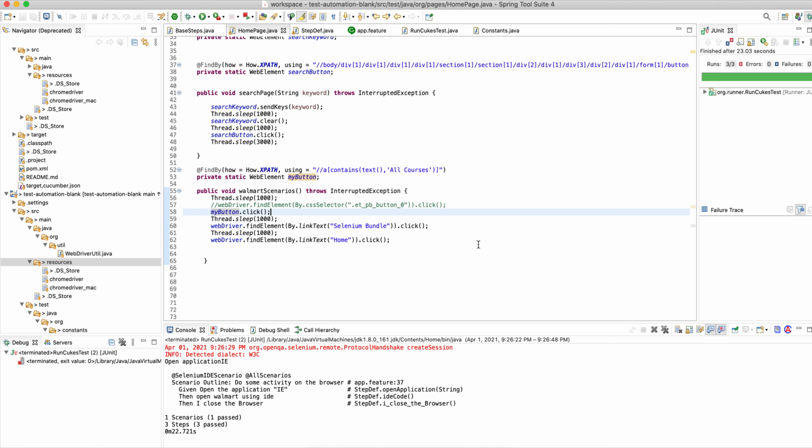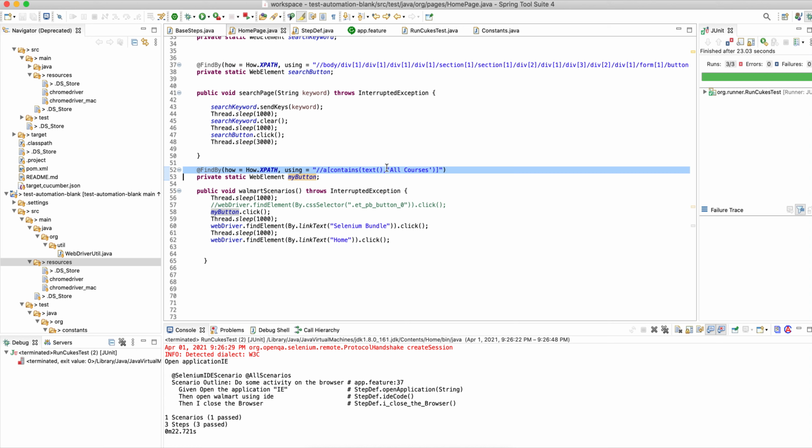So for XPath, we have to use this class. We cannot put it directly by XPath like we were doing for CSS selector, right? See, finding the element using CSS selectors is not a best practice, first of all, because when they do the UI changes, they'll change the CSS classes. This won't be available in the next build. We don't know. But they don't change this one, right? I never change my all courses to all courses 1, 2, 3 like that. This is constant. This is static. So you have to get the XPaths which won't be changing at all, using IDs.